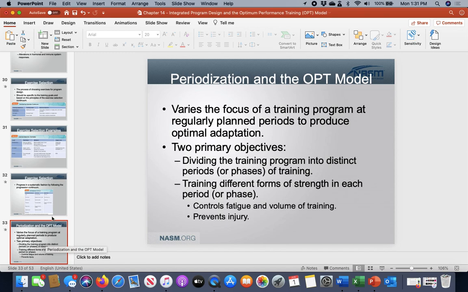So it sounds simple, does sound simple, but one of the factors that you have to understand is that, and this is coming from observation from going to many facilities, there's a lot of trainers out there and not as many coaches, that basically they plan for the day and they don't have a structured plan that's set up for that person. By periodizing